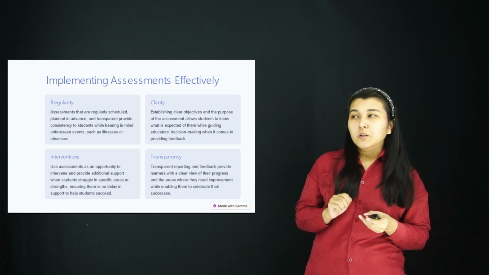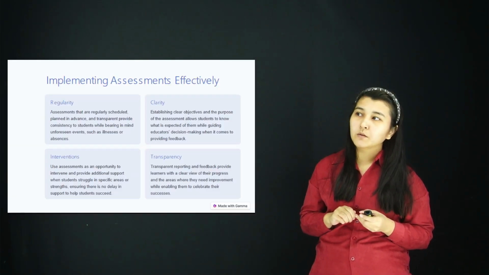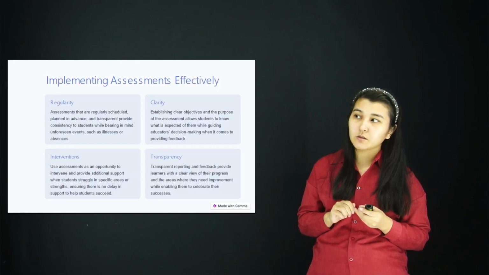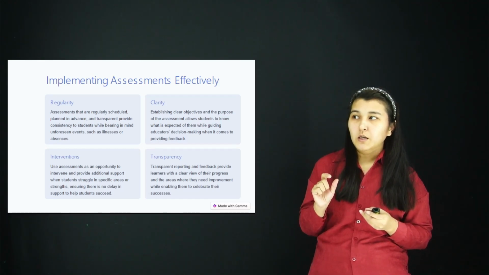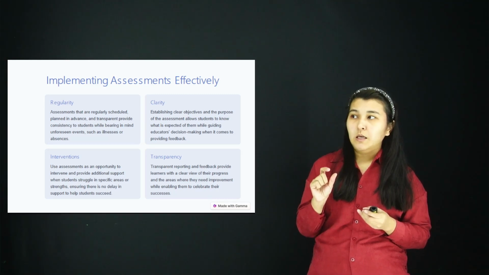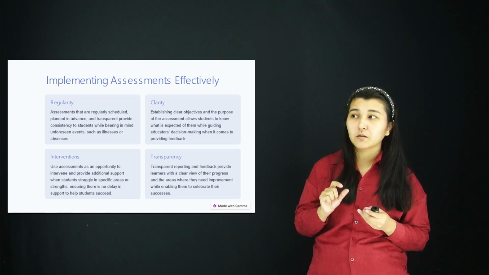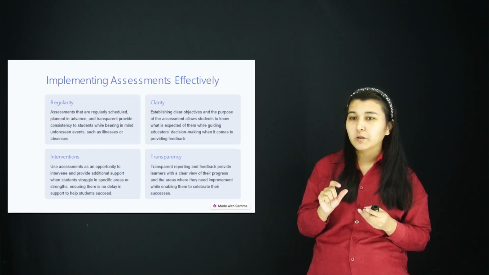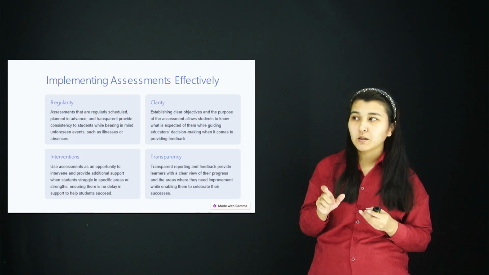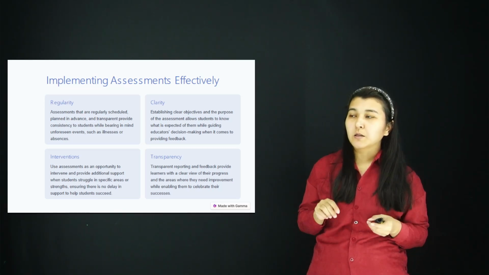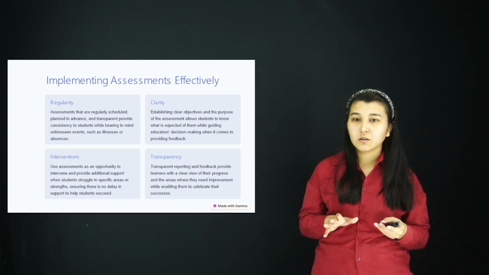And the next one is implementing assessment effectively. We should consider some crucial aspects of assessment. For example, regularity. Assessments should be regularly scheduled, of course, and planned in advance. As I mentioned, you should plan beforehand, and be transparent, providing consistency to students. Okay, the next one is clarity. Of course, our assessment should be clear, understandable,